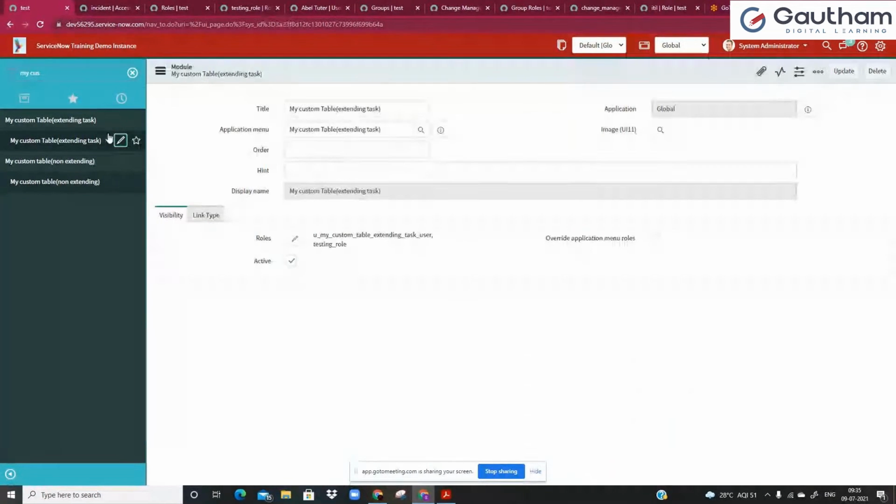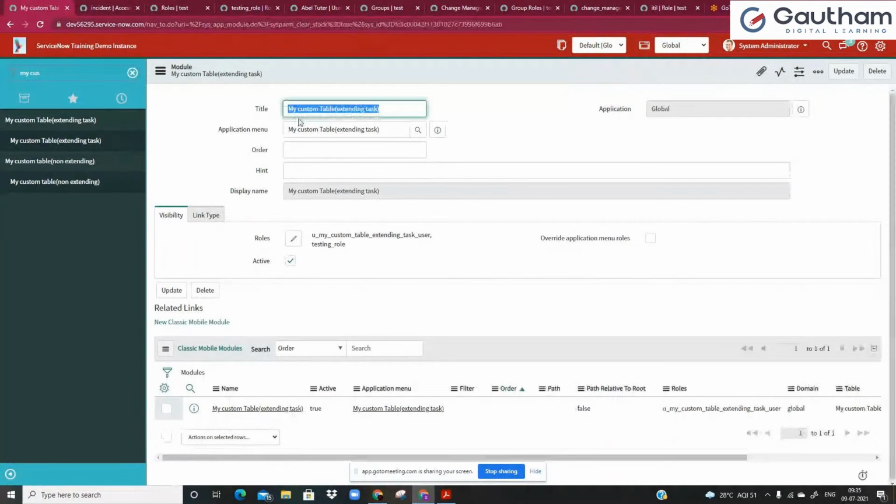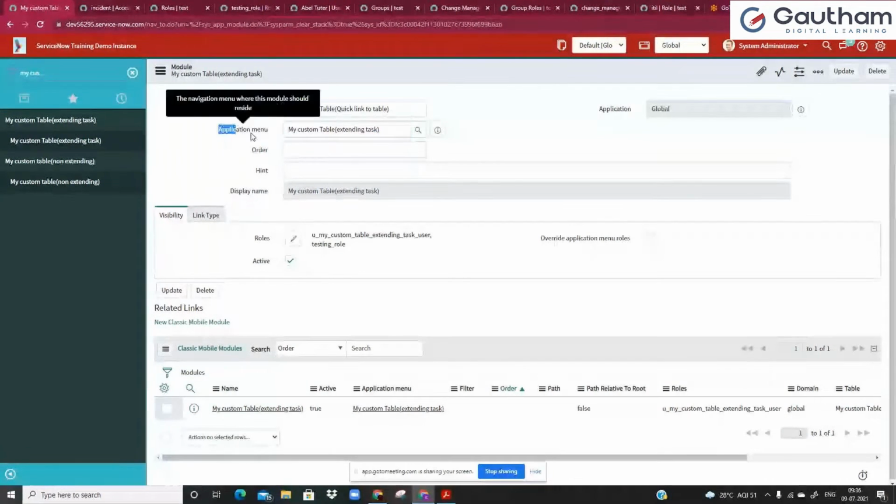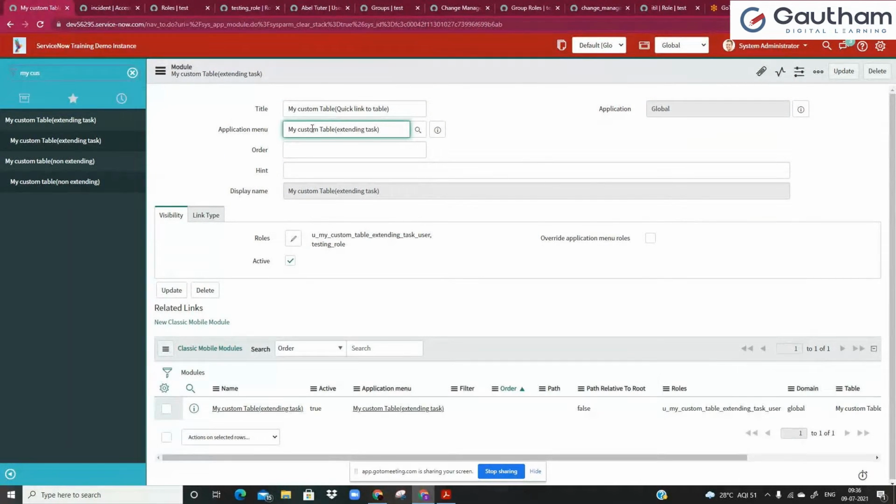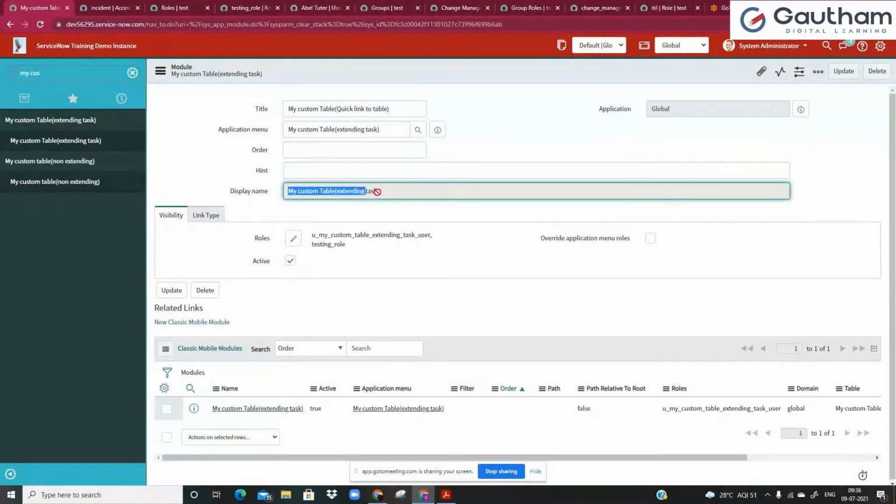Now that I have clicked on the pencil icon, it tells me that the title of this module is my custom table extending task. I can rename it to quick link to table, something like that. And this is mapped under the application called my custom table extending task. Just because it says application menu, it does not mean that you created an application. It's just a menu, like a category that you have created. And this one is non-editable. The moment I save it, this will also get appended with the title value,